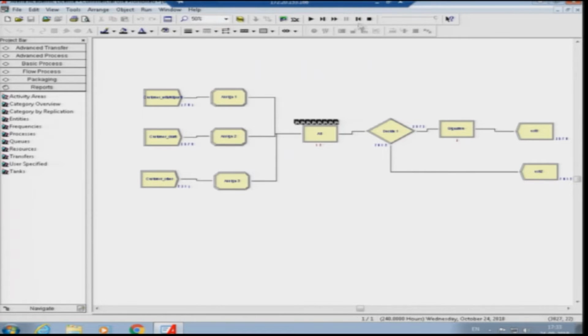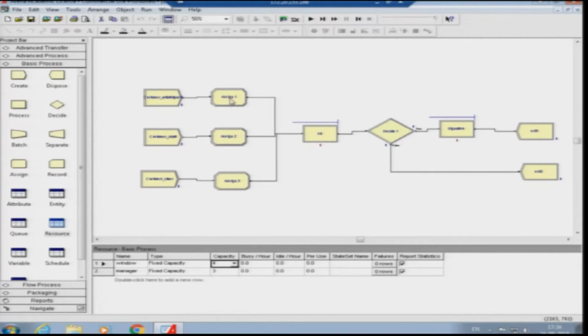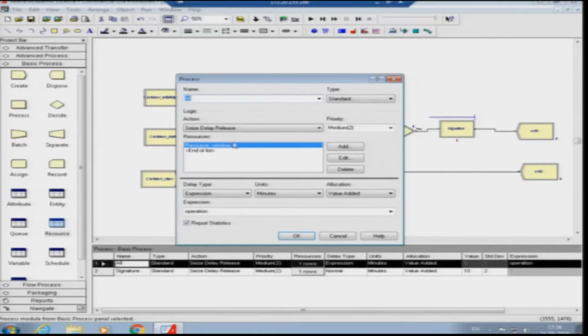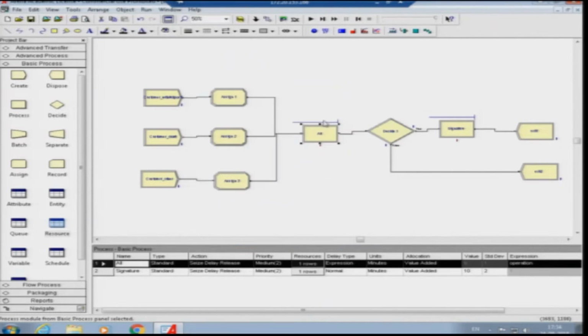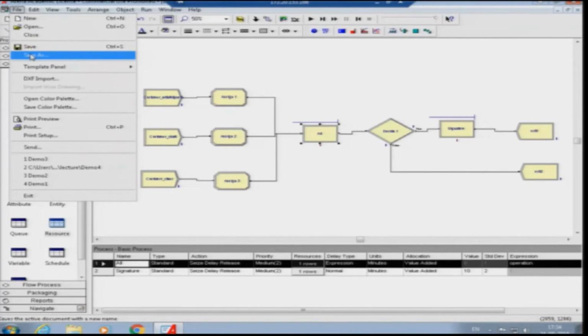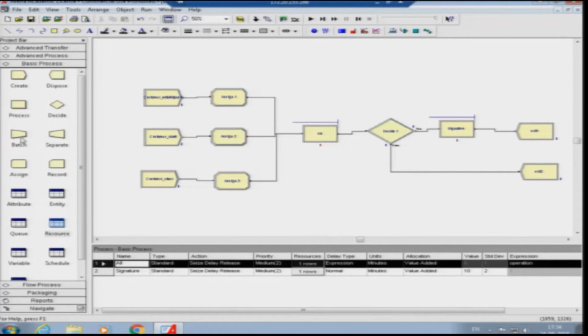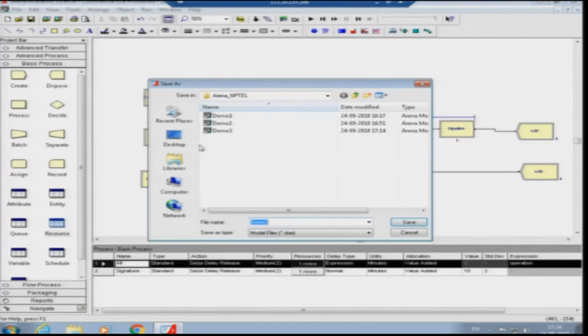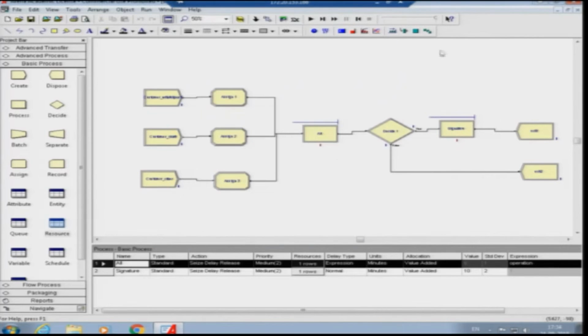So that is how you use these assign nodes to assign various processing times, and how you can change the process with these assign nodes, and find out how different customers can be processed at different times. So this is case 4, and we will discuss another case after that, which will cover two more nodes, that is batch and separate. We will discuss that after saving this file, and then we will develop the simulation model for that. We will run that in Arena.